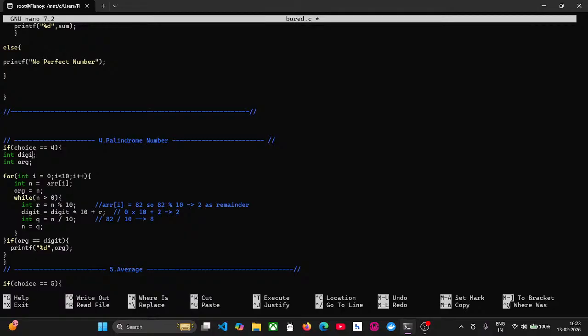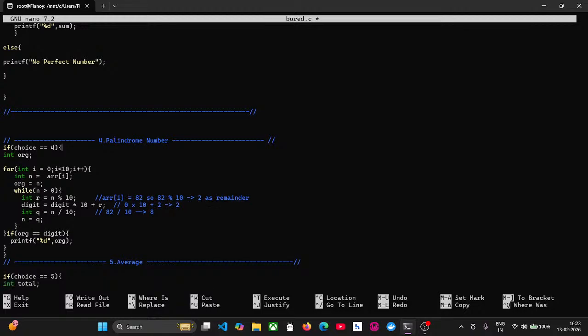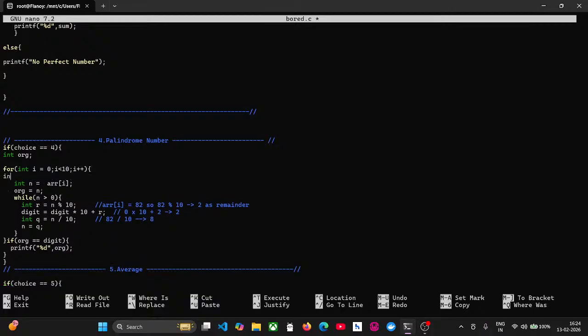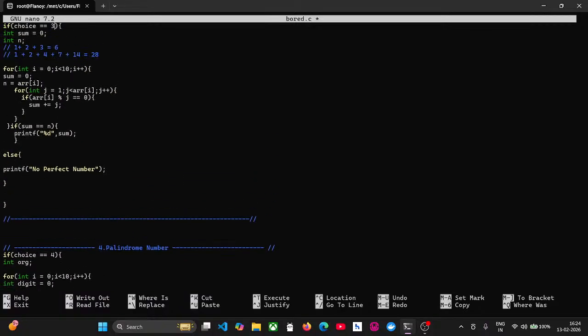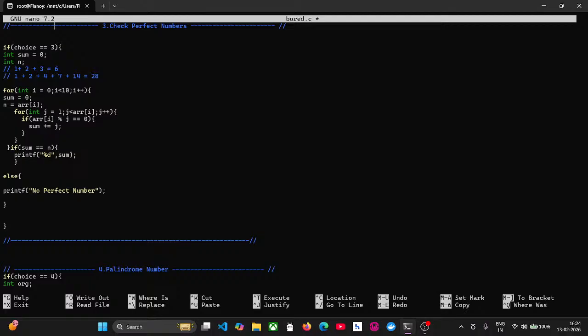It should be reset each and every time inside the loop, because it is not meant to carry on every single time. So the sum is equal to 0, and it should be set every single time. And for now, the perfect number is equal to